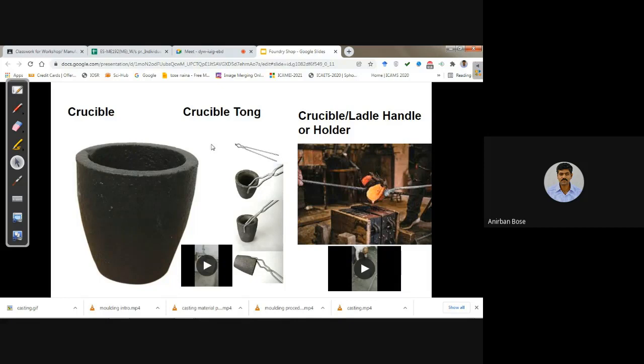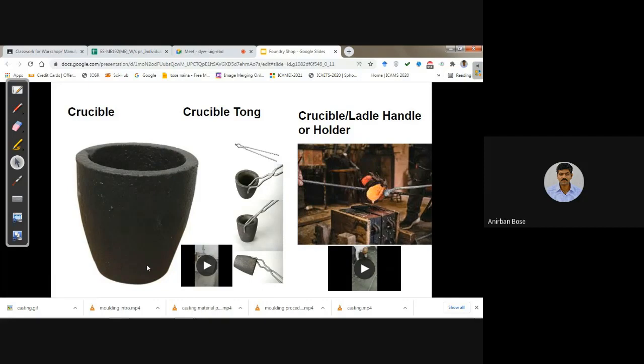And then with the help of crucible tongs, as you can see there are different kinds of tongs, internal, external, this kind of tong there. With the help of that we take out this crucible from the furnace and then fix it on the handle or the crucible holder. So the crucible or the ladle, the same thing you can also call as a ladle.